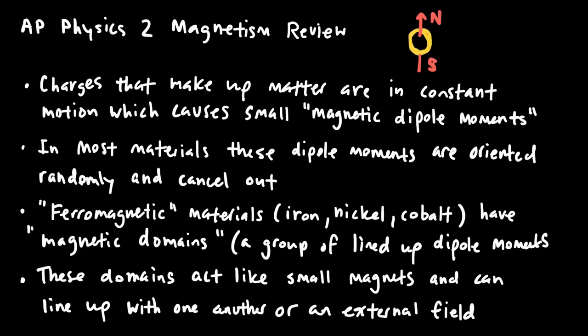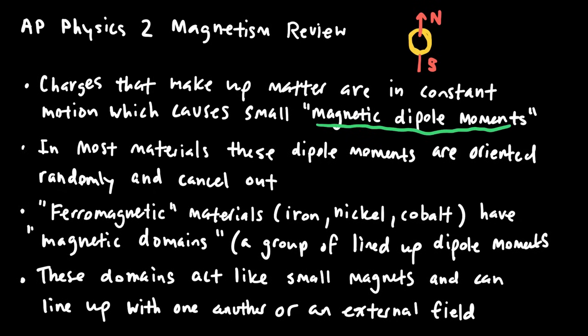This video is a review of magnetism for AP Physics 2. I'd like to start out by talking a little bit about the origins of magnetism, and that is when charges are moving, and they're always moving inside of all of the particles that make up matter. The motion of those charged particles causes there to be small magnetic dipole moments that exist inside of all atoms